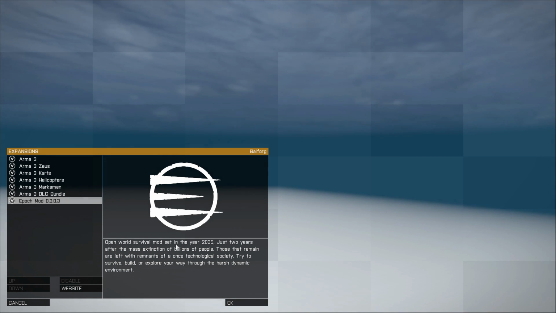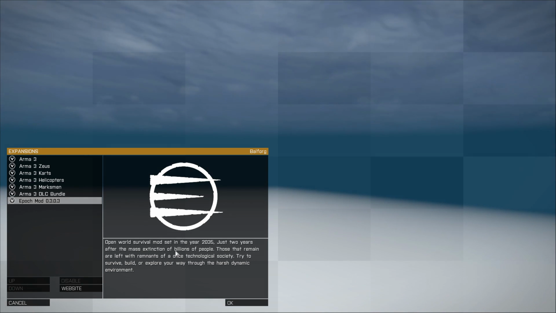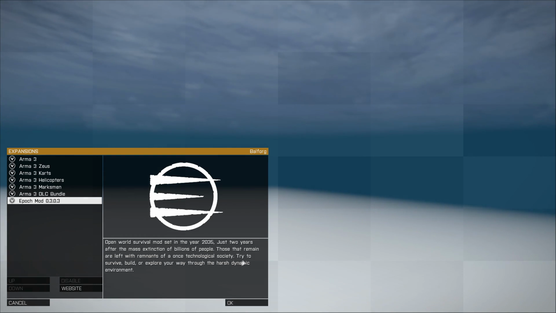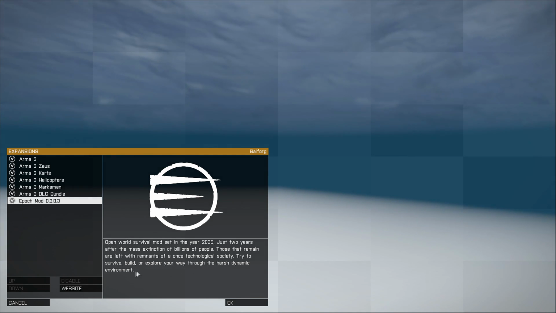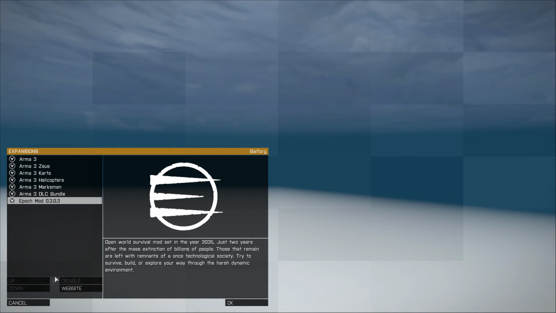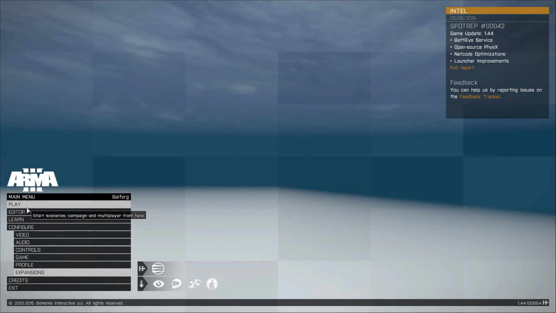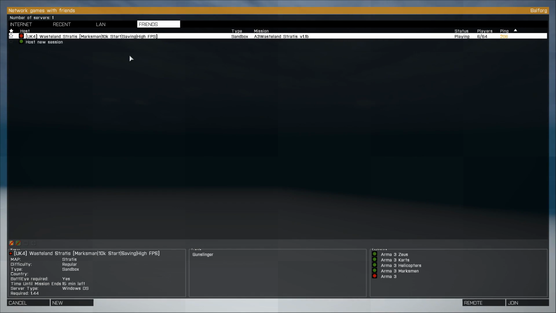Open world survival mod set in the year 2035, just 2 years after the mass extinction of billions of people. Those that remain are left within remnants of a once technological society. Try to survive, build, or explore your way through the harsh, dynamic environment. So that's all fine and cool. There's a website that links you back to the workshop. Really neat stuff, but once you have that all activated and nothing's wrong, you can go into the multiplayer servers,